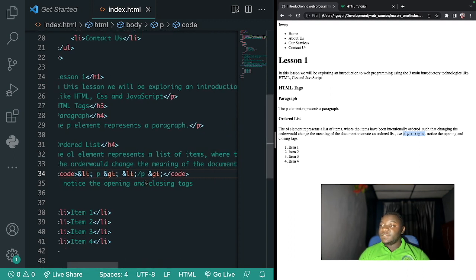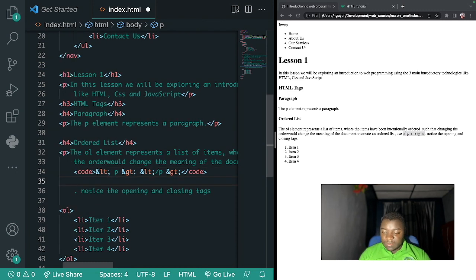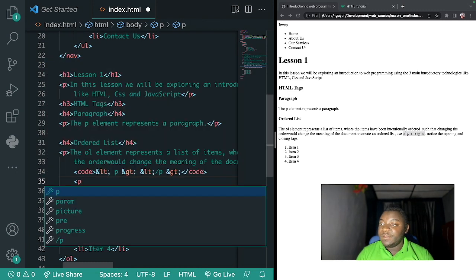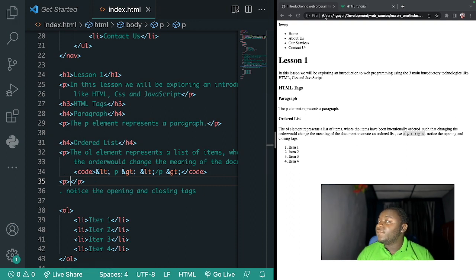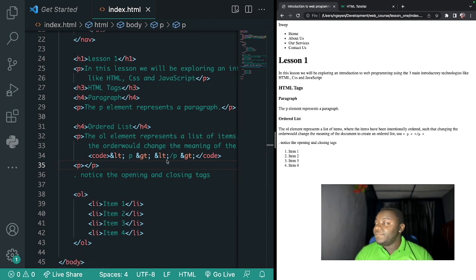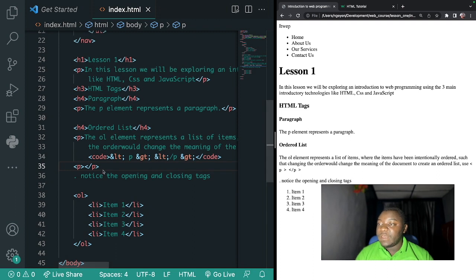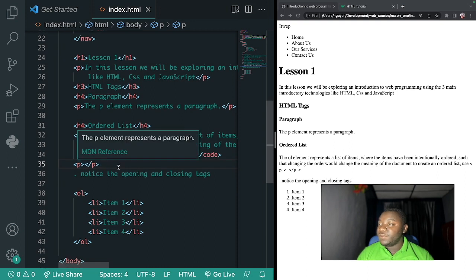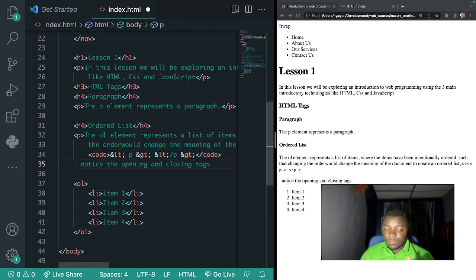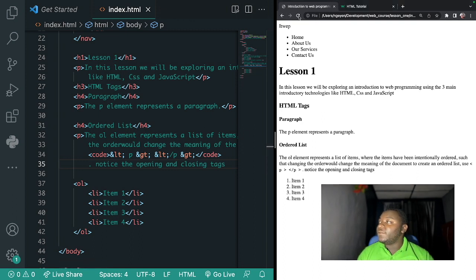If I change this to opening and closing tags, something like this, P, I save. If I come back here, nothing. It doesn't work. It breaks the line. And this is another thing. Block level elements will break the line if they are kept in line. Just like what we have here, we've kept a block level element, which is the paragraph, within another paragraph. It has broken the line. So let's close that and refresh again,